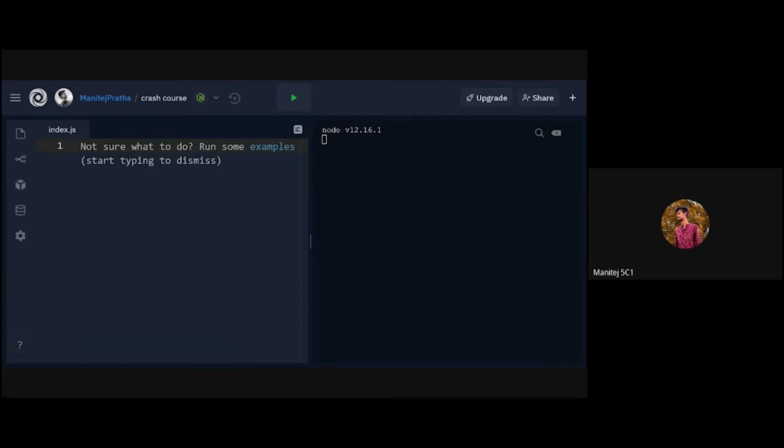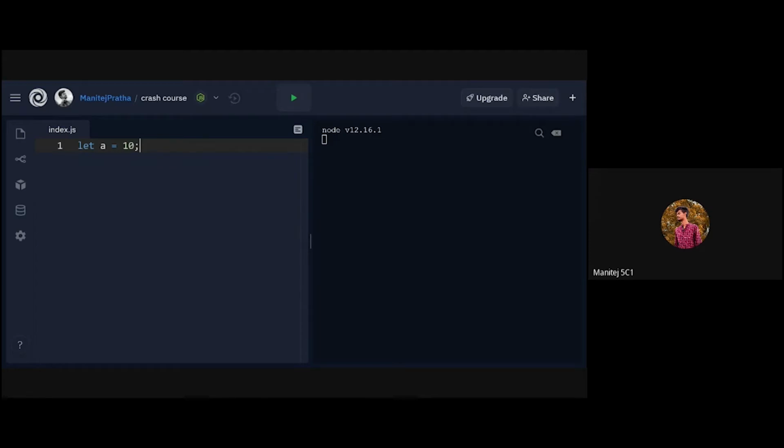So the first thing we need to learn when we are learning a new programming language is obviously variables, right? So what are variables? Variables are nothing but named locations which store some value, right? Cool. To create a variable in JavaScript, you need to use the let keyword. So let is a keyword that is used to create variables in JavaScript. For example, I will create a variable a whose value will be 10. To do that, I need to do let a equals 10.